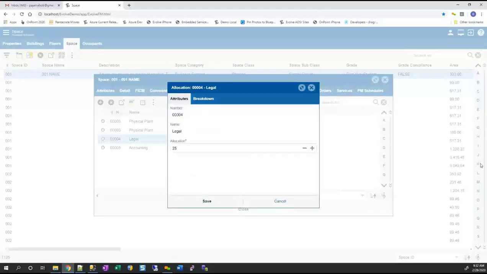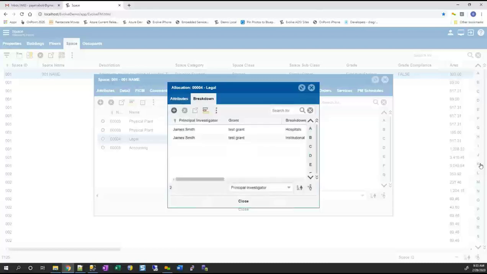Previously on the breakdown, you had, hey, here's my actual allocation, and I can change the percentage. And then we had a contacts tab here, which has now gone away because we broke it down far more granular in this breakdown tab. So if we take a look at the grid, we can now identify a principal investigator, a specific grant, the breakdown function, the category, the use, the breakdown percent, and